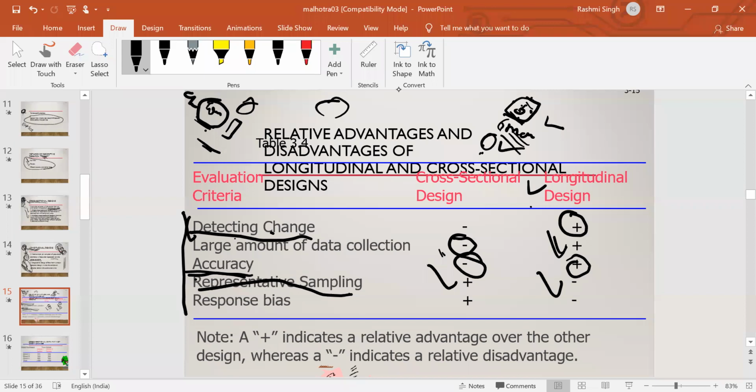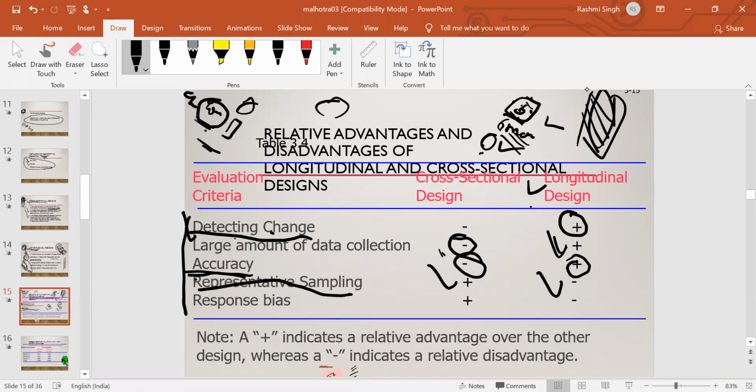But if you ask about the government and all, if you want to conduct some study about the politics or about the current government's work, then in that case they will not be representative. Just for the sake of a gift or money, they come to your sample, saying, "Yes, I know everything about politics, so I'll be involved in your study, and I'll provide you all the data, or I'll give you my response, whatever research you do." So in that case also, you can say it's a drawback of longitudinal research design, because it is monetary